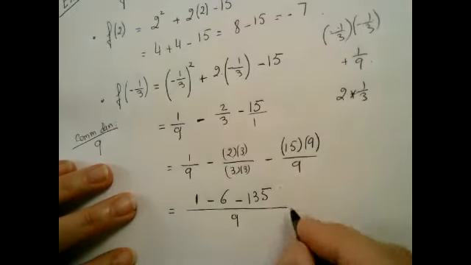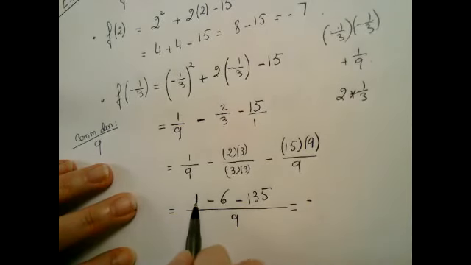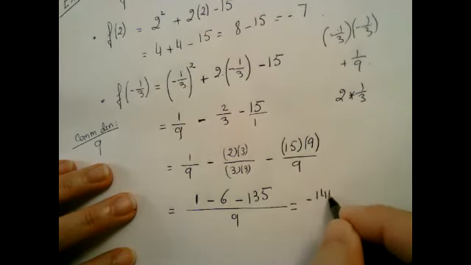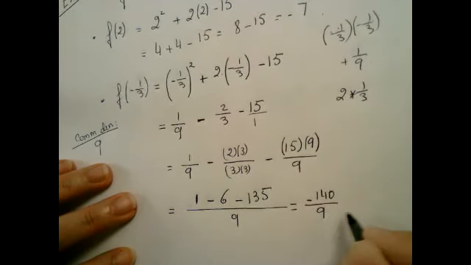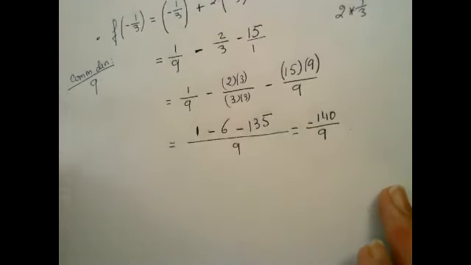And now it seems that 135, you take away a 6, 149, you add 1. So this seems to be minus 140/9. So those group of students got it right. Okay. So let us do one more question, and then